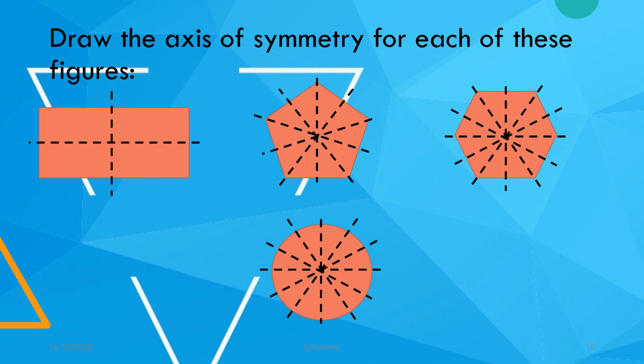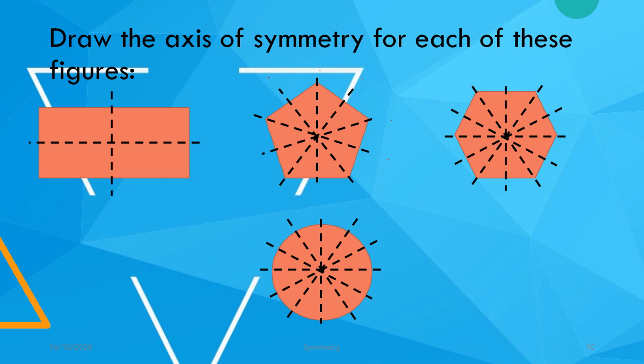Now here a pentagon is shown. Now a pentagon has how many sides? 1, 2, 3, 4 and 5 sides. So if it has 5 sides, there will be 5 axes of symmetry. See 1, 2, 3, 4 and 5. The rest are these lines that are drawn below. Each of these axes is dividing it into equal parts. The first one divides it, the second one again divides it, the third one. If I draw one by one, you can clearly understand in how many parts I can divide